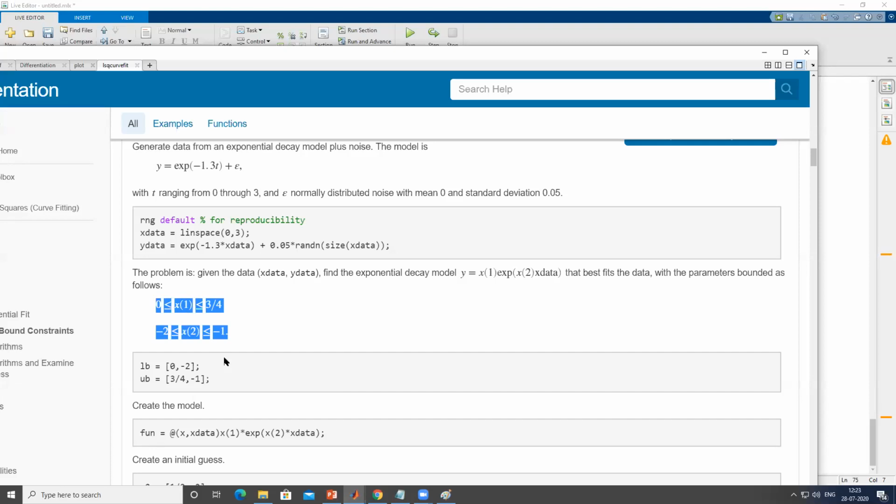Rest, everything is the same. Both are a kind of optimization technique. Optimization we are going to see tomorrow. Basically, two optimization methods we'll be seeing tomorrow: one is the genetic algorithm and the other one is teaching-learning-based optimization.